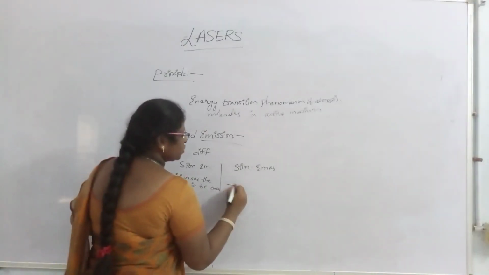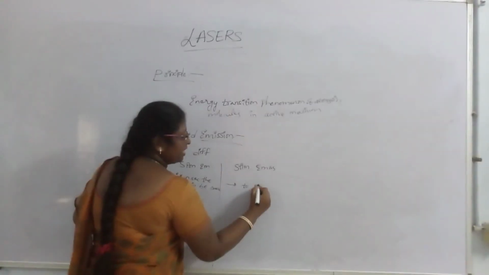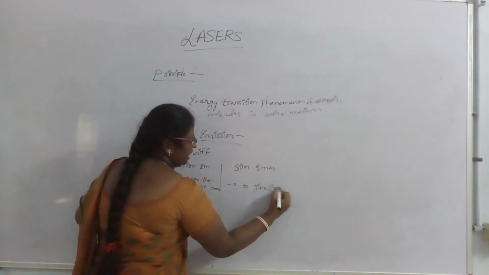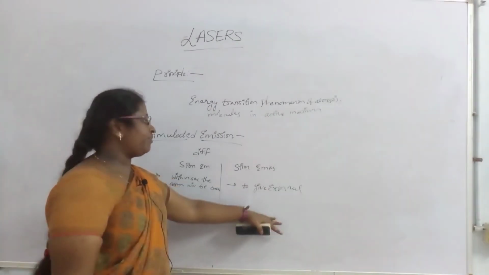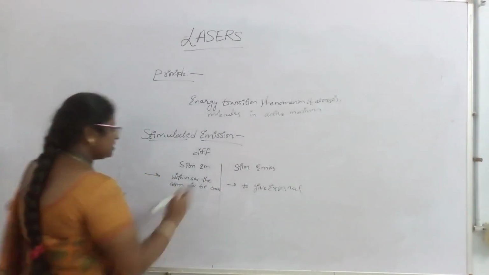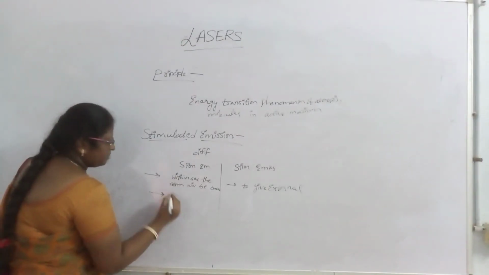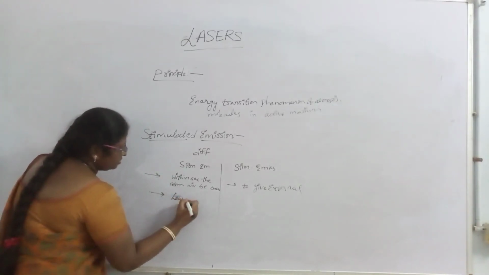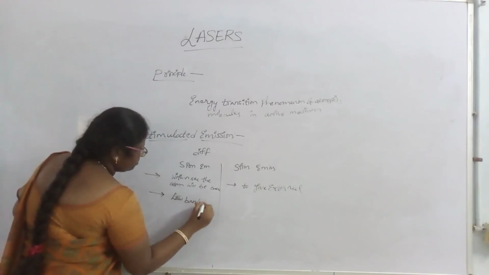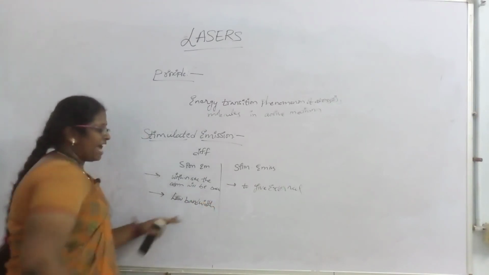And in stimulated emission, we give an external amount of energy, and then the atom goes back. This is the stimulated emission. In this emission, there is low bandwidth, where bandwidth means the amount of